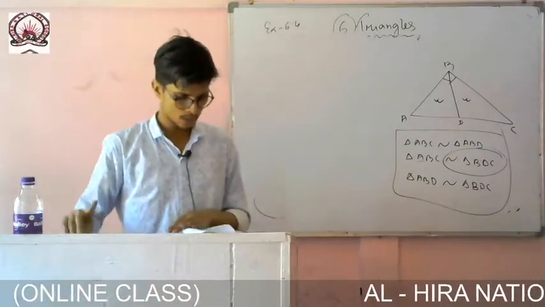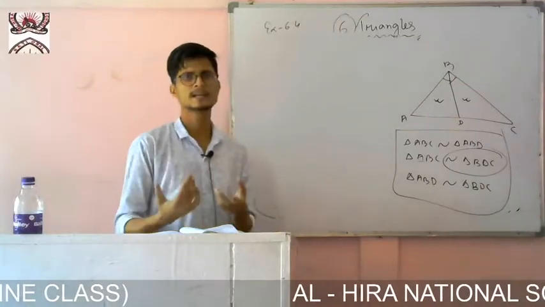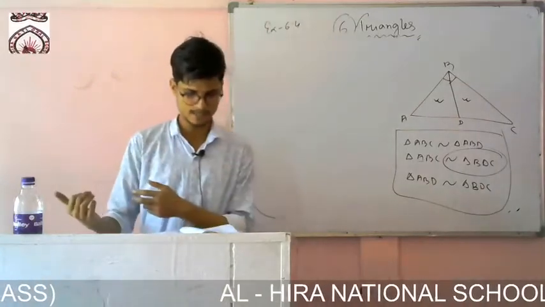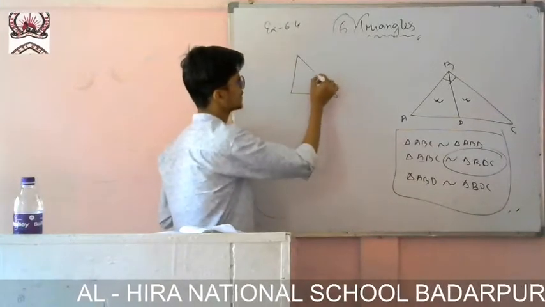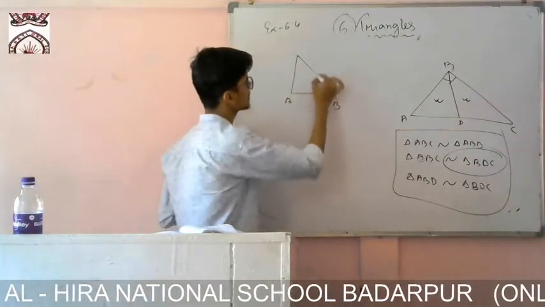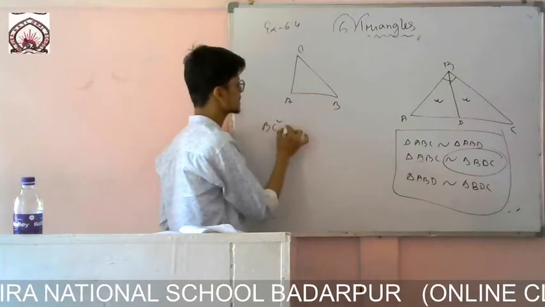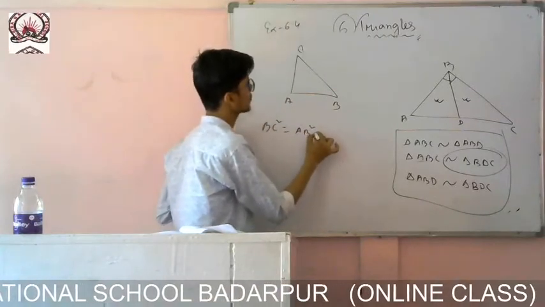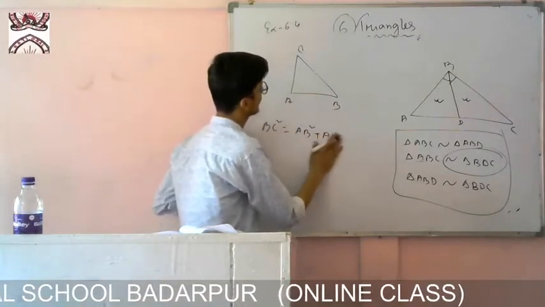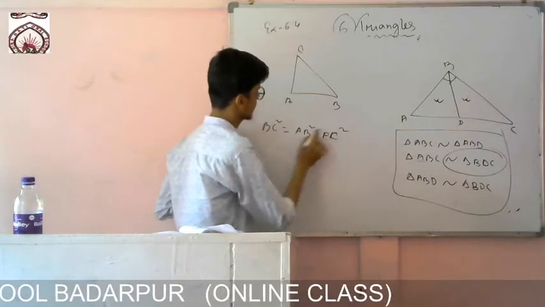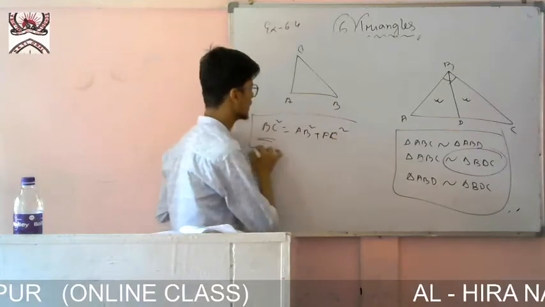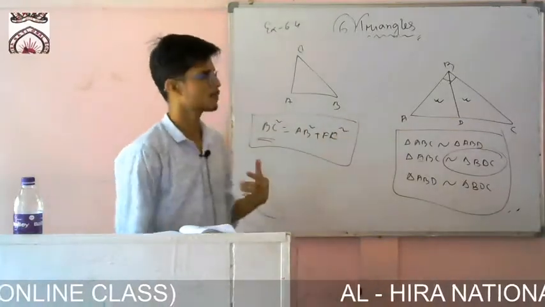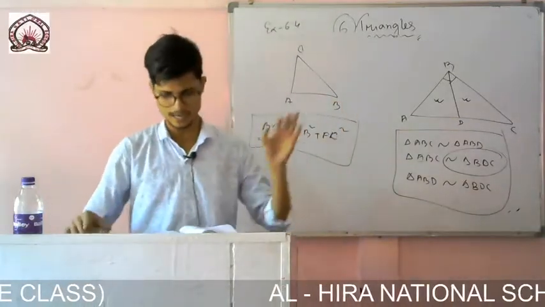Okay. Theorem 6.8, we have read it every time from the lower classes that in case of a right triangle, the hypotenuse square, if it is ABC, then the hypotenuse square BC square is equal to AB square plus AC square. If BC is the hypotenuse, then AB square plus AC square. We have read it from lower classes, I think starting from class 7, 8, 9, every time.